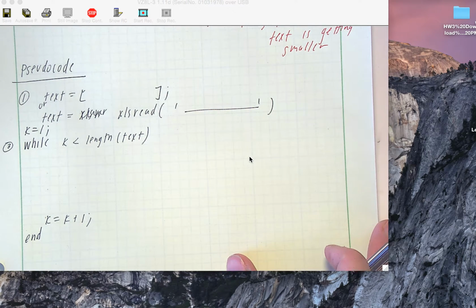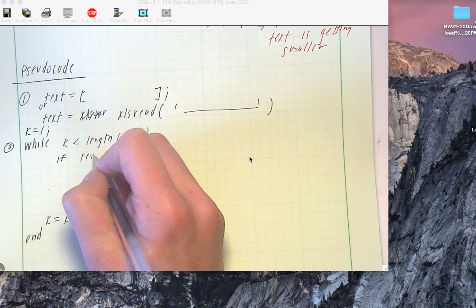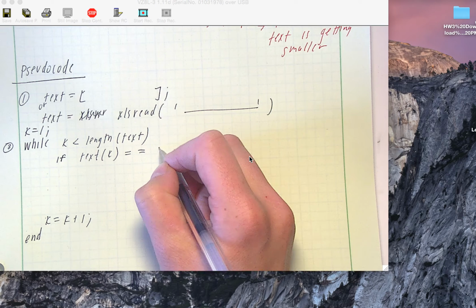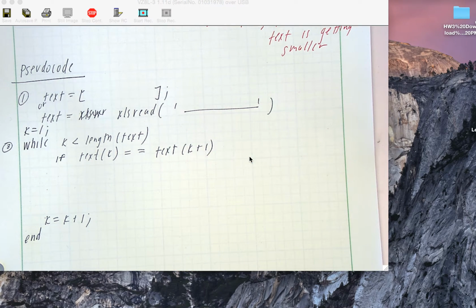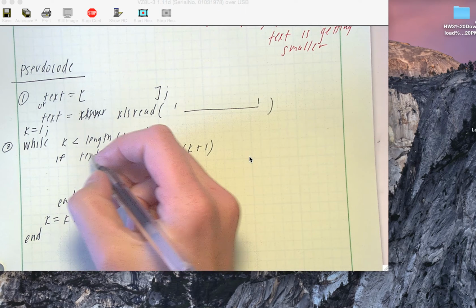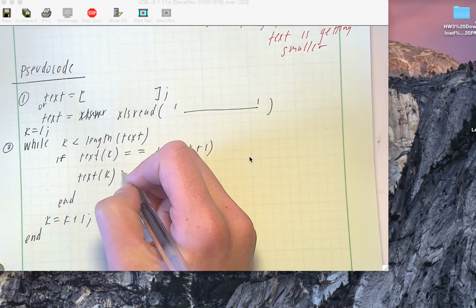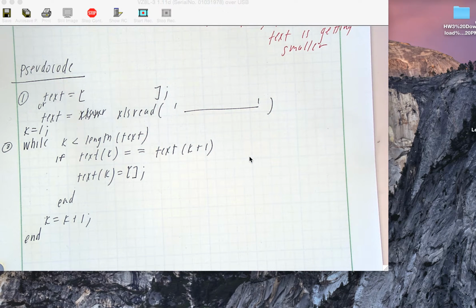And then after that, we just need our if statement. So basically, we're going to set if text of k equals text of k plus 1, we're going to end it, and we're just going to remove one of them. So I'll just remove the first one. It doesn't matter which one. And that's the basic idea of